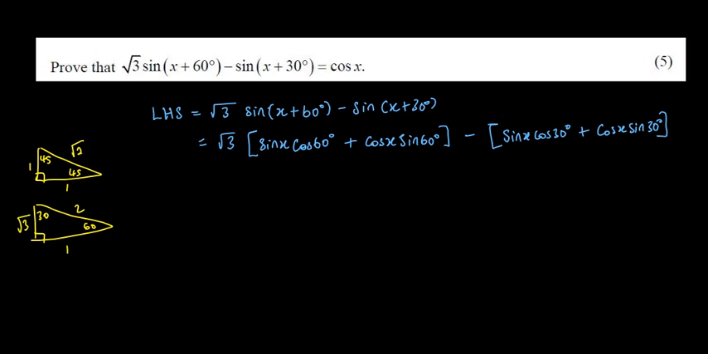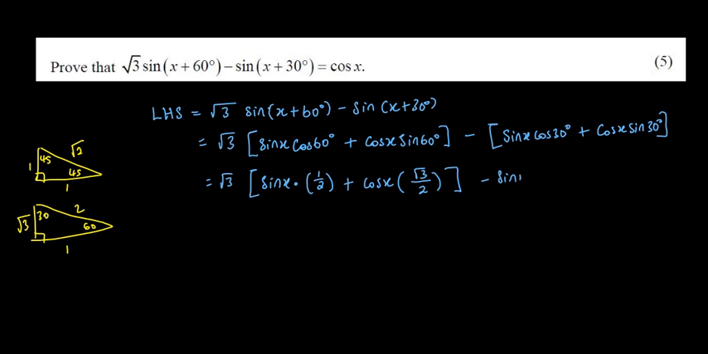So now sin x will remain as it is. Now cos 60, good people, cos 60 means adjacent of 60 degrees over the hypotenuse. Now the adjacent is 1, the hypotenuse is 2. And then we have cos x. Sin 60 would be the opposite, which is square root of 3, over the hypotenuse, which is 2. And then we'll have minus